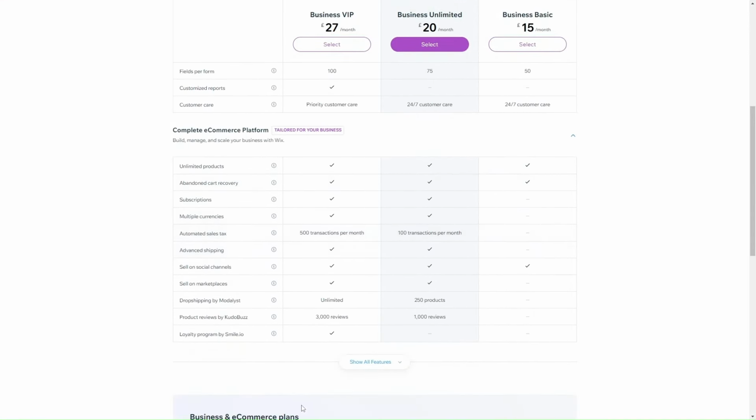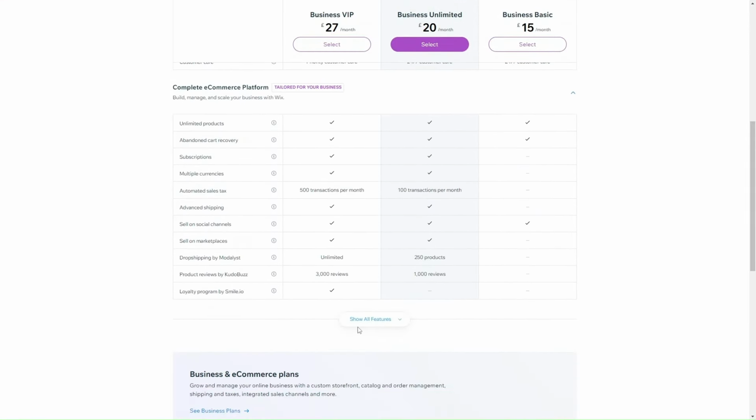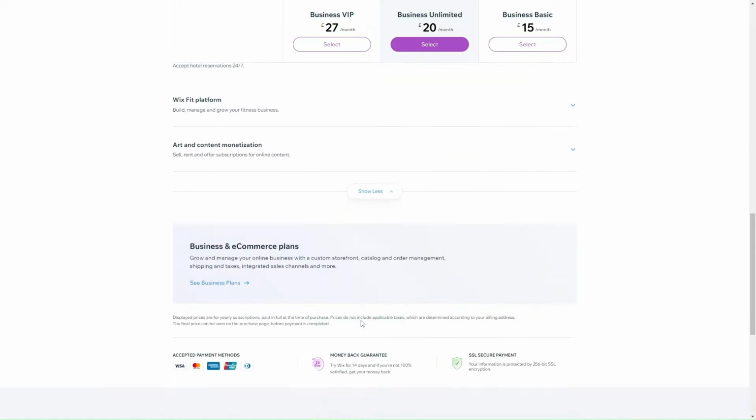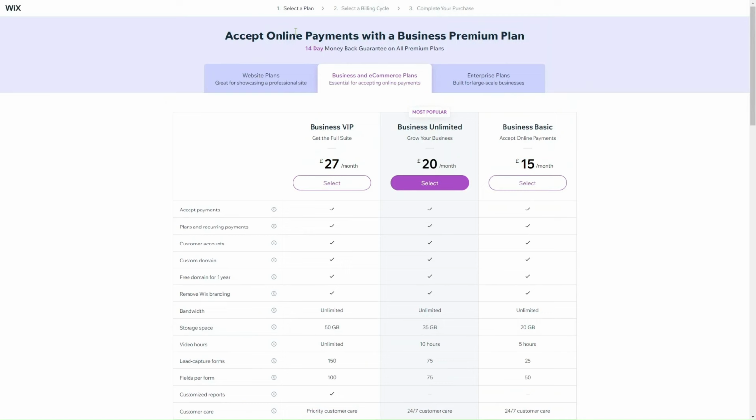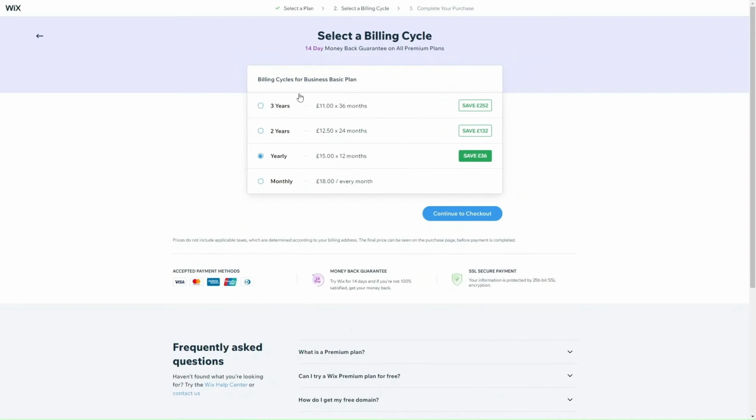If you scroll down, you can see even more features that they have. And if at any point you're not sure what plan to go for, you can always get in contact with Wix, and they can talk you through what each of their plans would be for, and you can let them know what you need a Wix plan for as well. But essentially, you just want to pick one of these plans. Once you've selected a plan, you just click on select, and you want to go for one of the billing